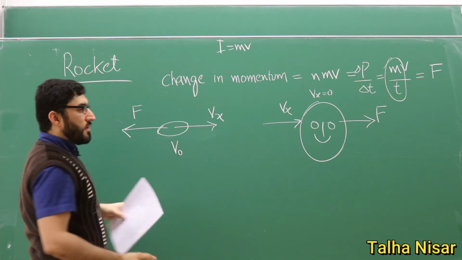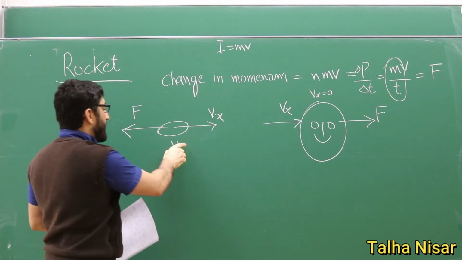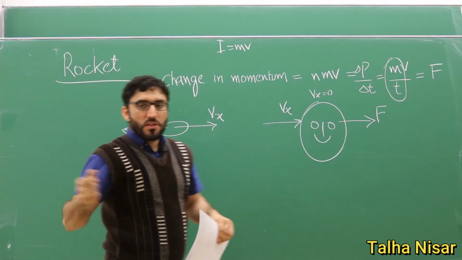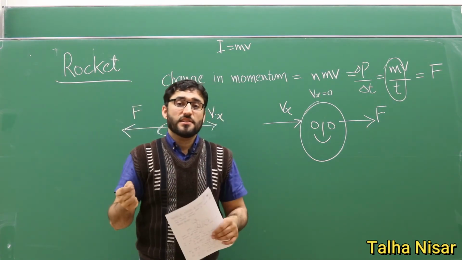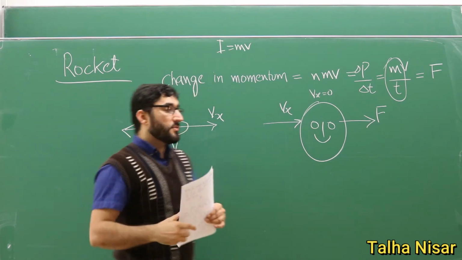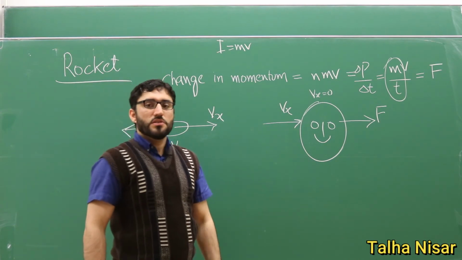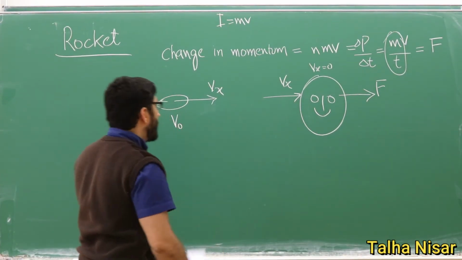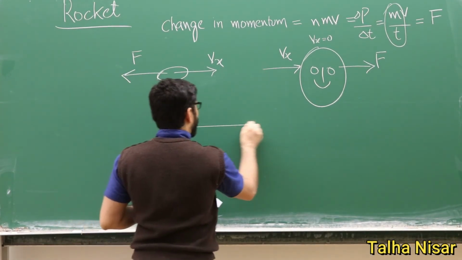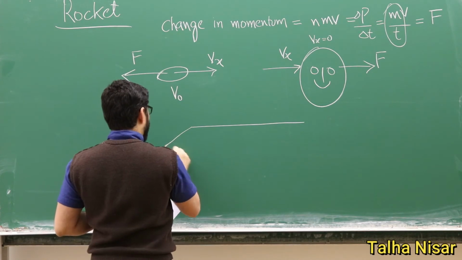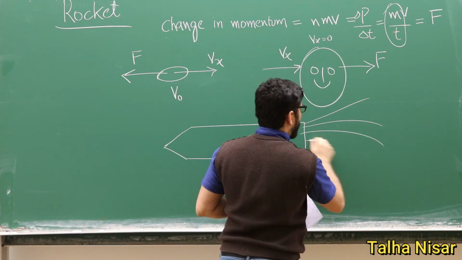So when we throw some object, for example, initially the egg velocity was 0, and from 0 to Vx, the change in velocity means that there is an acceleration, and this acceleration is caused by this force, and the person will feel this force in the opposite direction according to Newton's third law. And now we come to the rocket. So this is a rocket, and the rocket is throwing a lot of gas